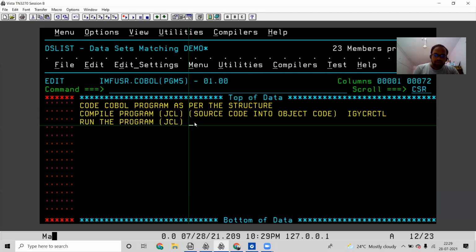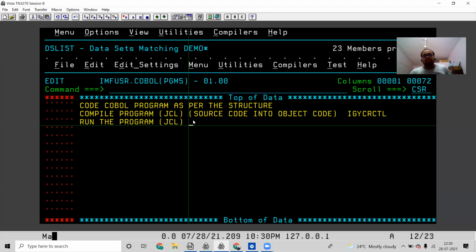Previously we used the utility IGYCRCTL in compilation, but while running, we are going to call the program name. For example, the program name is PGM5. So we are going to call PGM5 in the EXEC statement.